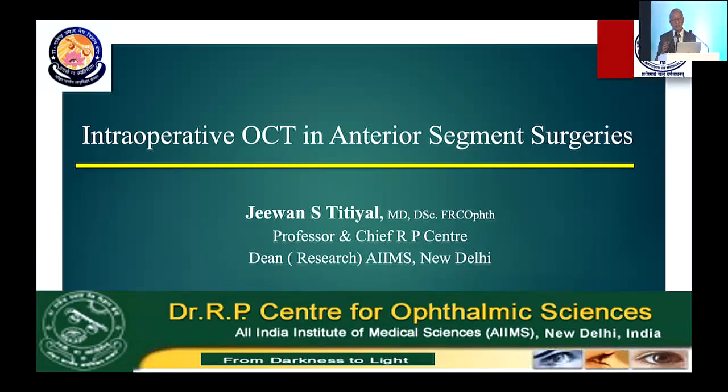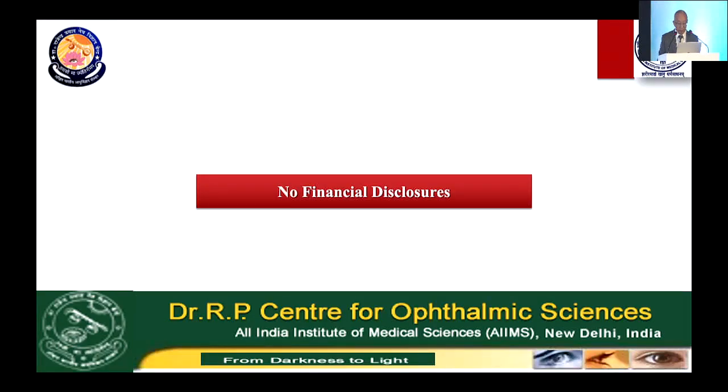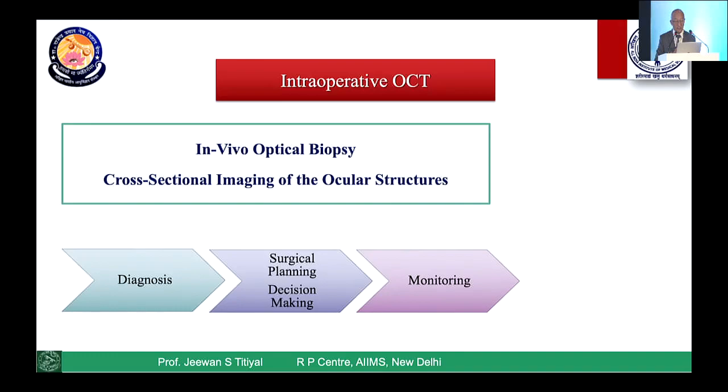We all started with the anterior segment OCT in our clinical setups. Then subsequently we had a handheld OCT because we thought that that can give you a new dimension in looking into your structures intraoperatively and doing things in a different manner. And this was the boon for us, the intraop-assisted surgeries, because this gives you an in vivo optical biopsy of a tissue. If you look into cornea, lens, and retina also, you can see the entire sections, you can see all the layers in 3 dimensions.